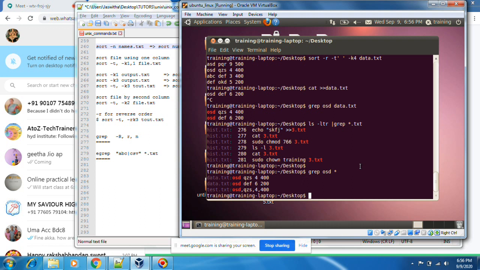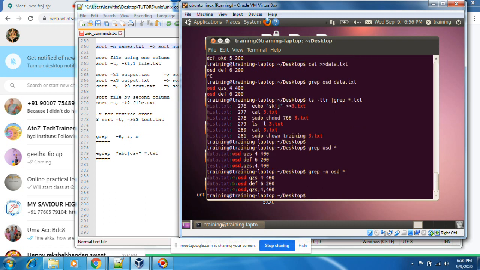I want to know which line number. In data.txt, the fifth line has the OSD word. In test.txt, the OSD word is there too.